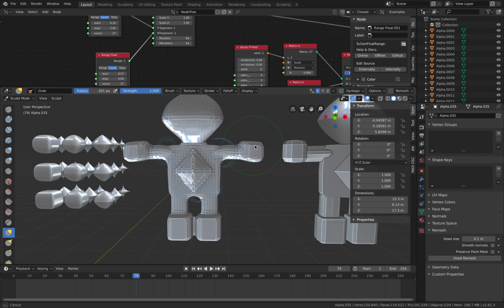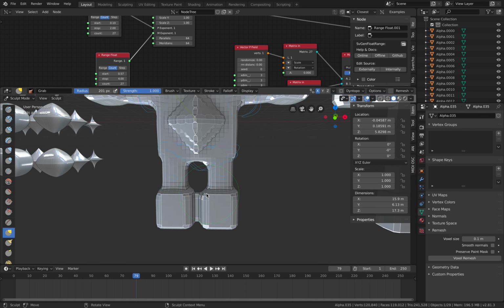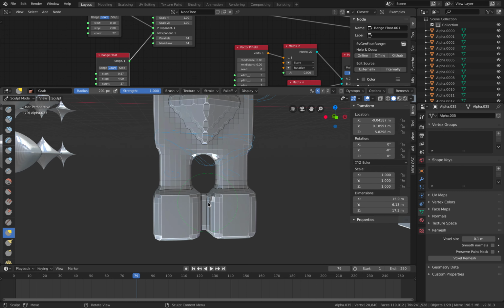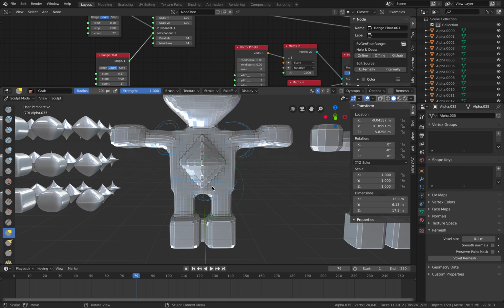Maybe this is something that we can export to Mixamo. I mean, the character has... okay, this part is not good. You need to cut it. You can use Boolean for that. But for now, this robot is